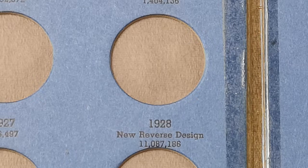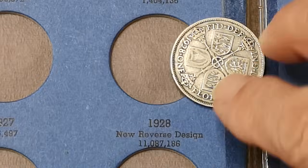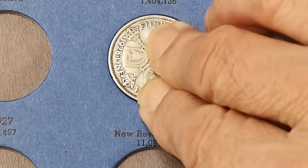George V. So there it is. And it says 1928 new reverse design, just over 11 million. So if we find one before 1928, we'll have a look, see what the difference in design is. That's that one. A shilling this time